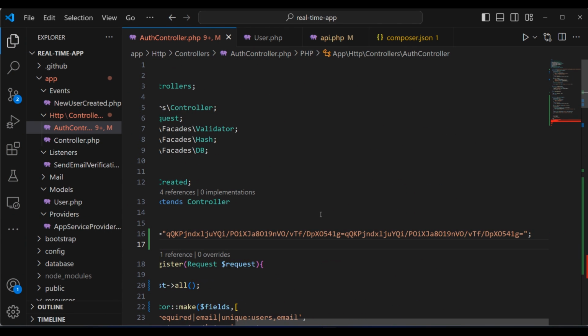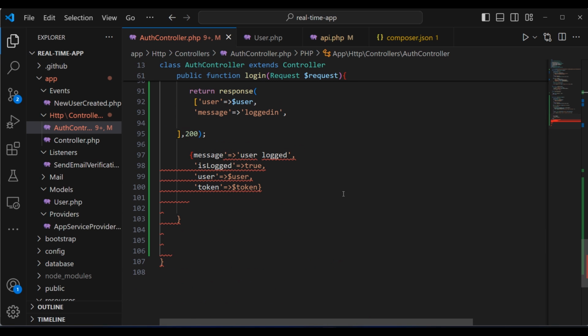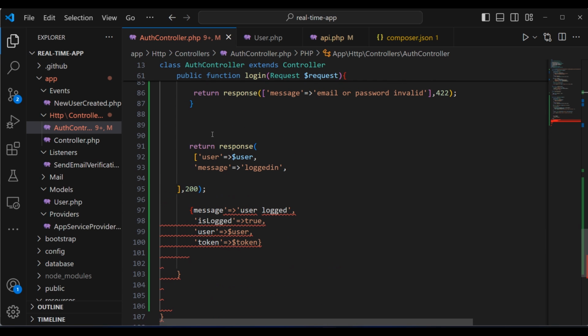It should be a large string, and then we are going to pass here the token variable, and then we are going to use the user class. The user class is going to provide us a method create token, and then we're going to pass here this secret key,